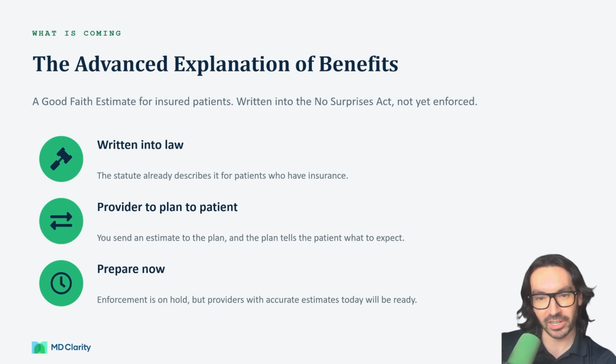The No Surprises Act also describes a version of this for insured patients called the Advanced Explanation of Benefits, or Advanced EOB. Here's the idea. You send an estimate to the patient's health plan, and the plan tells the patient what to expect. Enforcement of that piece is on hold while the rules get written. It's the most likely next requirement, and organizations that already produce accurate estimates for insured patients will be ready the